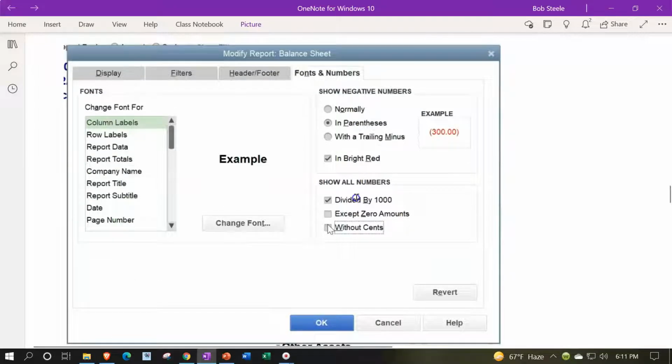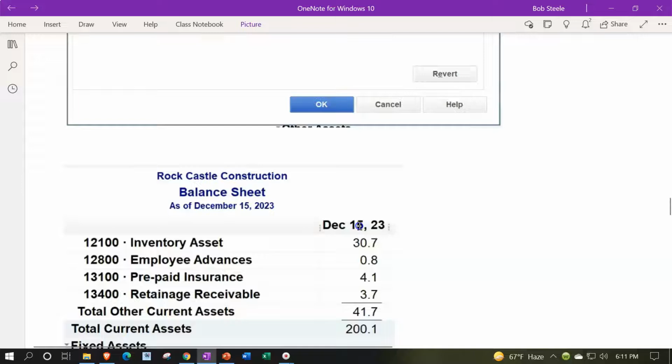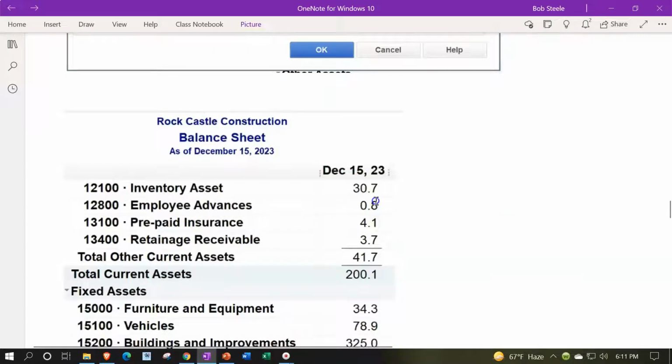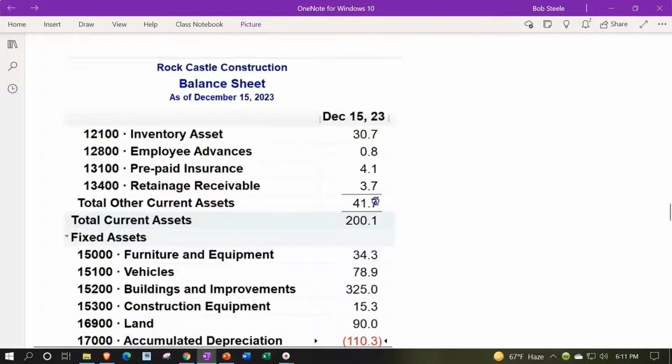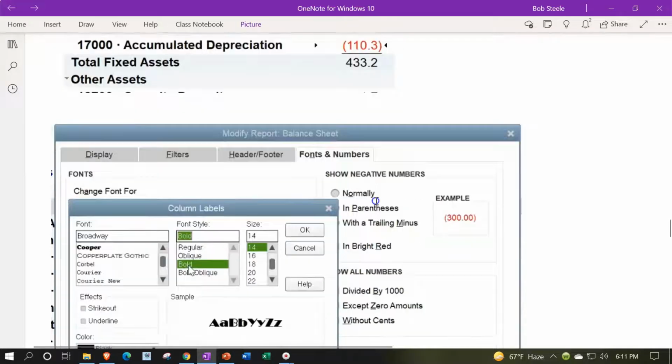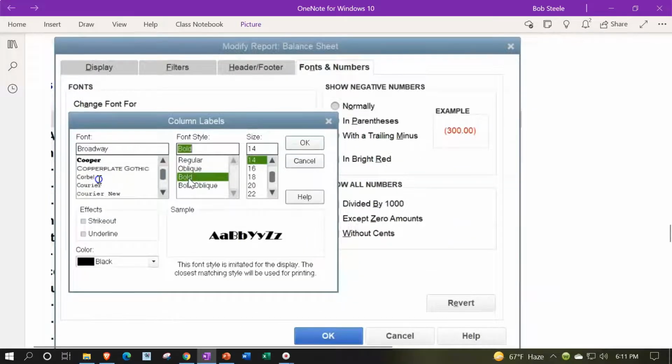Then if you had the divide by 1,000 and you added the with cents option back, it doesn't add pennies back, but it gives you one more decimal place of numbers divided by 1,000, and then taking one more decimal place of numbers out. Then if we go into the formatting of the fonts, the formatting of each of the categories,